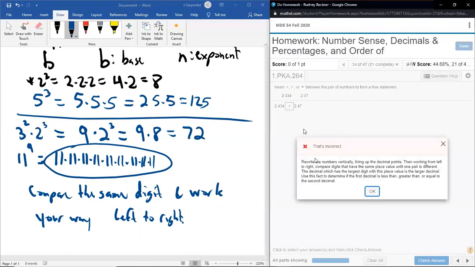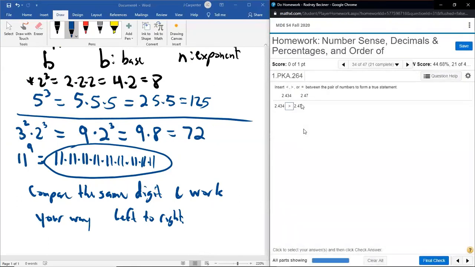And it says it's wrong, and it gives me some instructions that I'll let you go over on your own if you want to look at that problem, or pause this on the replay. But again, that wasn't necessarily right, and it could have been right. It could have been a lucky guess, but it's not just based on, oh, there's 4 digits versus 3 digits. It's based on you have to compare the 2 in this ones to the 2 in the ones. Now, it might be tough to see, but this is 2.47, and this is 2.434.